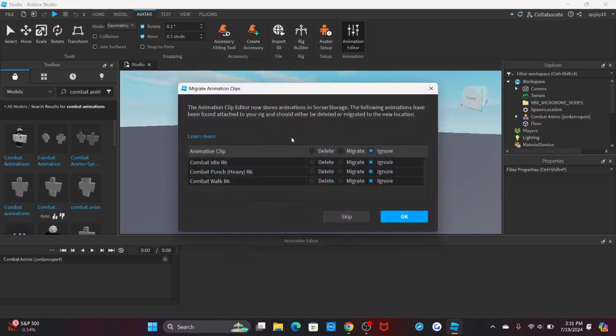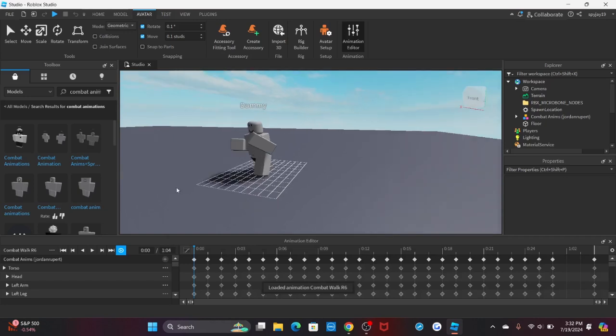But yeah, so you're gonna click on your model, right? You can choose to migrate it. This is like a new Roblox thing. I don't really think it matters all that much. If I'm wrong, someone please correct me in the comments, but I don't believe this matters. So you could just press skip or okay, right? And then